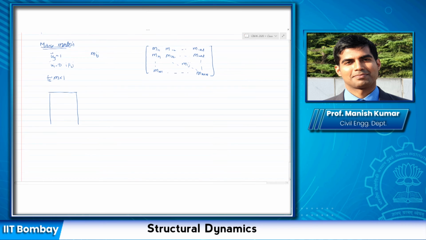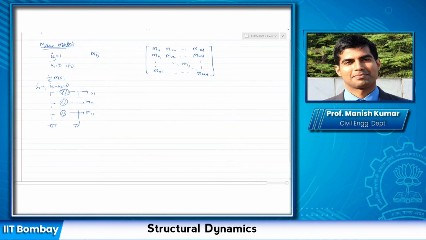So you go ahead, you consider the mass only. Remember, the bare frame has mass only. I'm not considering the frame, so maybe I should have drawn these as dotted lines. Okay, so let us draw it as a dotted line. That's where we are going to use that representation that we had discussed. In this case, I'm saying that let us say U1 double dot is equal to 1, U2 double dot is equal to U3 double dot is equal to 0. So I'm applying unit acceleration, and the others I'm keeping at 0. So a force would be required at all degrees of freedom to maintain that. So let us call these M11, M21, M31.